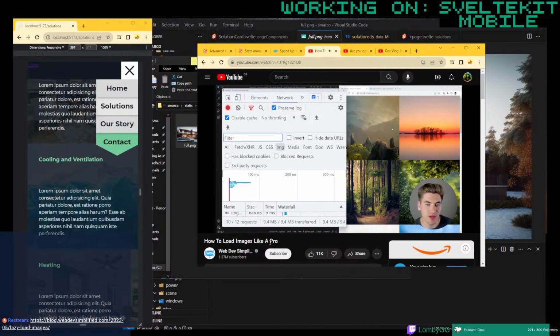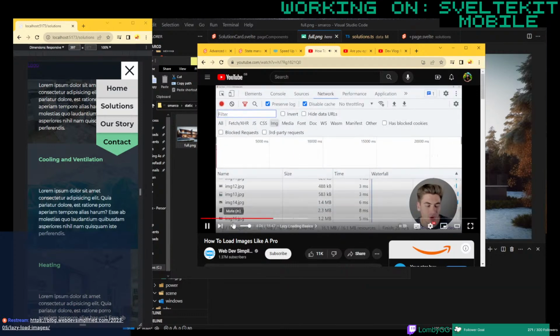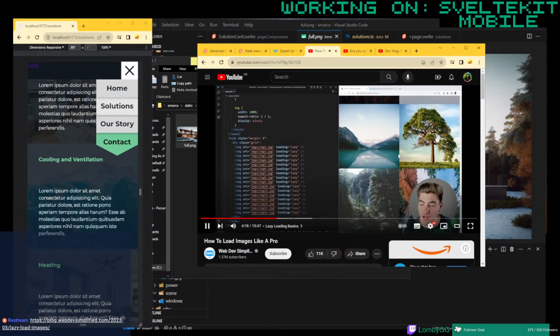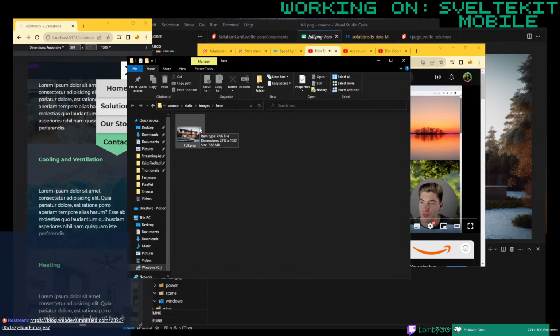So we're at 10 images right now, and as I scroll, that number increases, and now you can see I scroll to the bottom, all 16 of my different images are being downloaded. So it's only downloading those images as soon as I get to the point of actually being able to view them, which is really great, and it saves you a lot, especially if you have a lot of images on your page. Now just doing this though isn't going to fix the